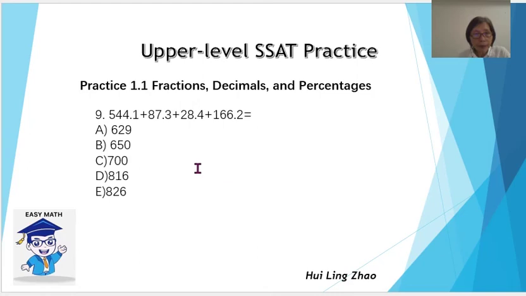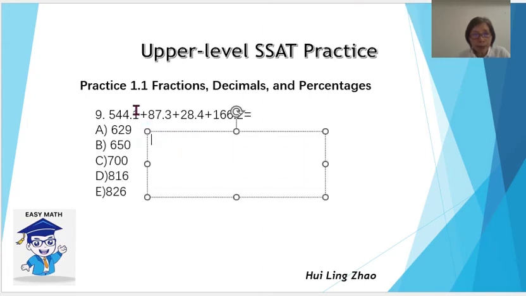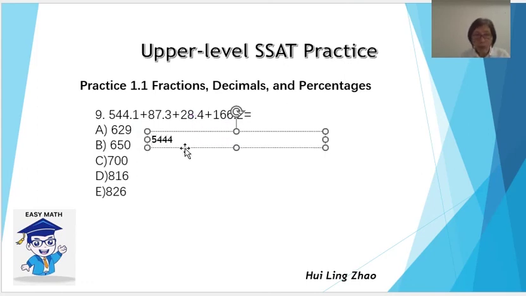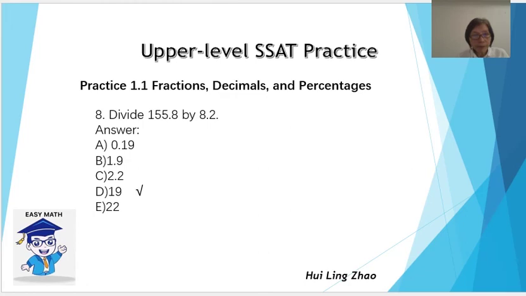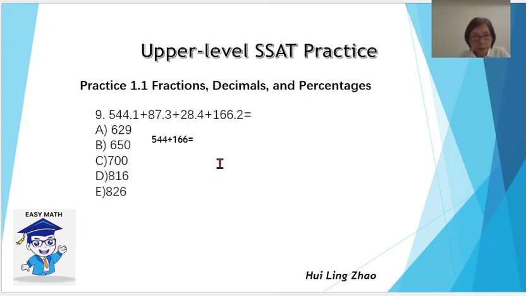Number 9, 544.1 plus 87.3 plus 28.4 plus 166.2. How about the sum? For this one, there is 1 decimal place, so we can calculate like that. Here there are 4 numbers, right? We can try to use 544 plus 166. So we know the answer is